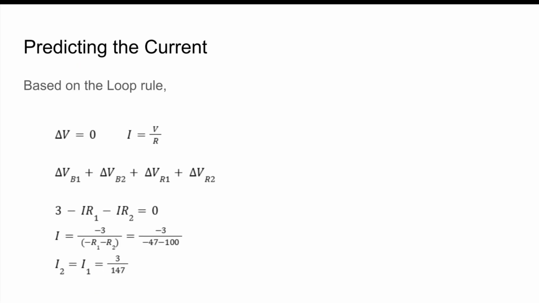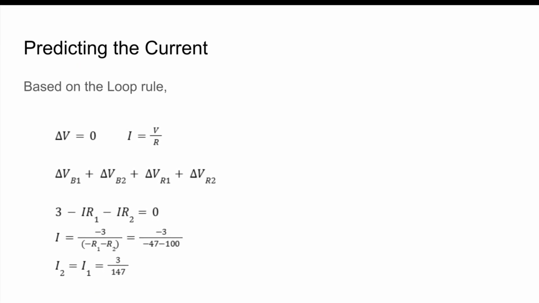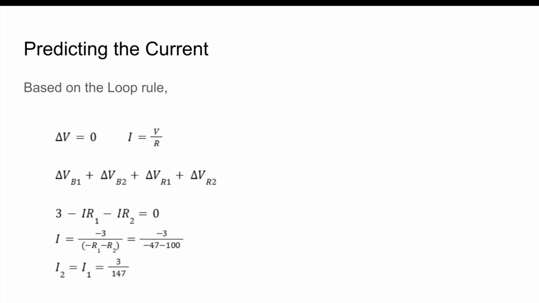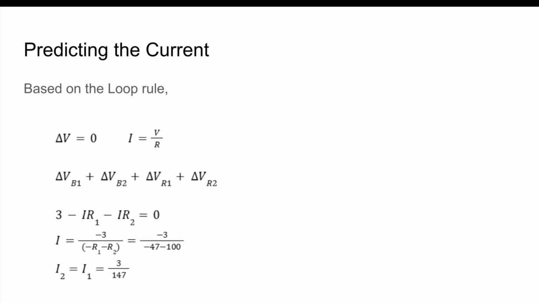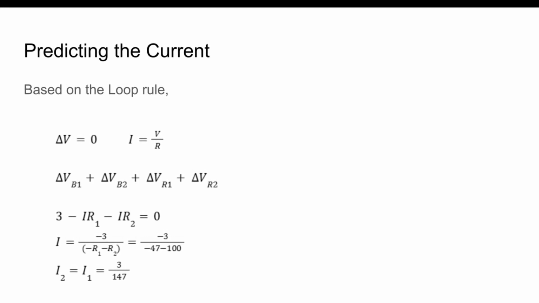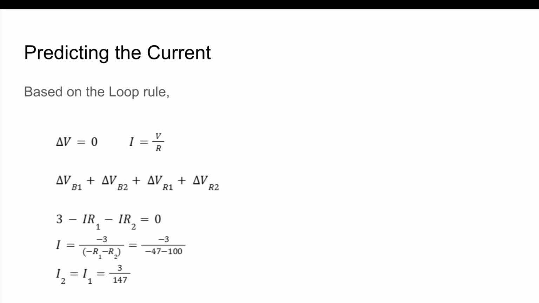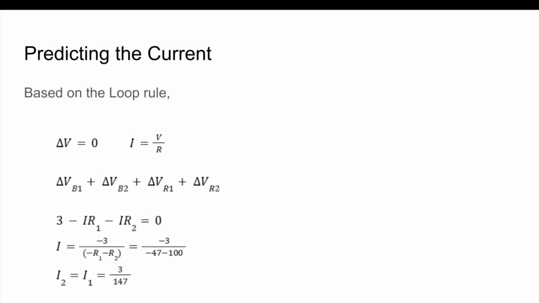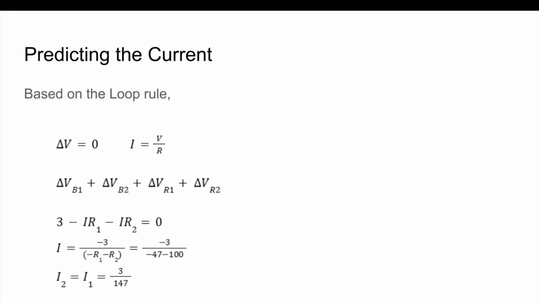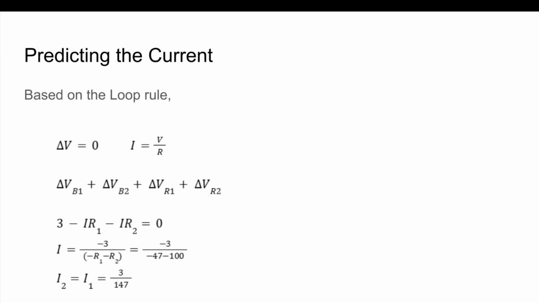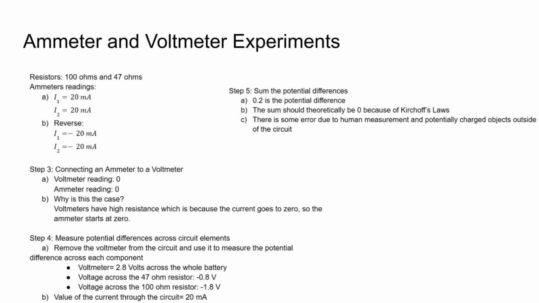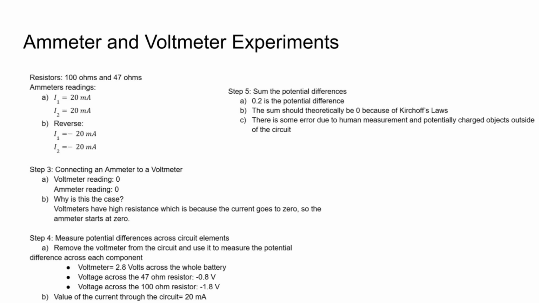Predicting the loop: based on the loop rule, we have these calculations. We're using Ohm's law and the loop rule and the fact that delta V is going to be 0, and so with that we can solve for I2, and I2 equals I1 based on the loop law, so that's going to be 3 over 147. And then our next steps in the lab: we have a 100 ohm and 47 ohm resistor, and then we have our ammeter readings with those,